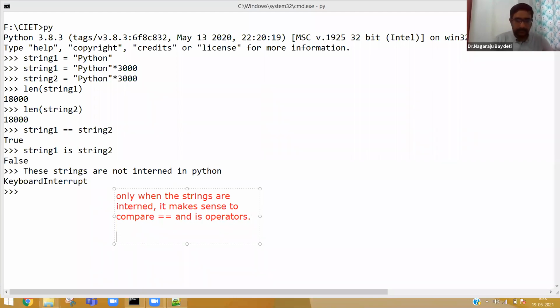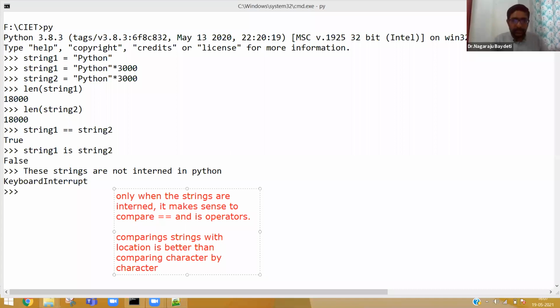Because comparing strings by location is better than comparing character by character. Okay, so with this understanding,